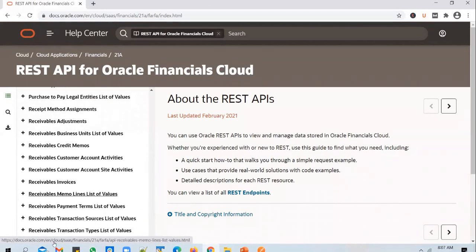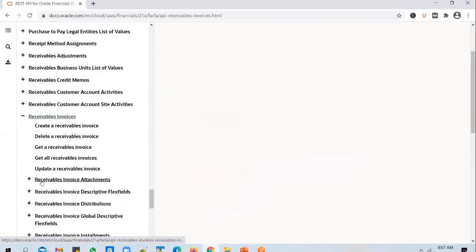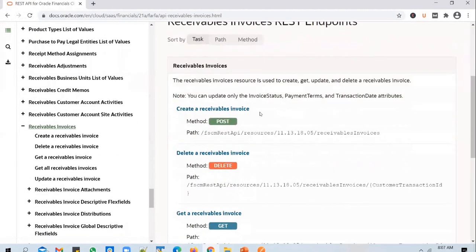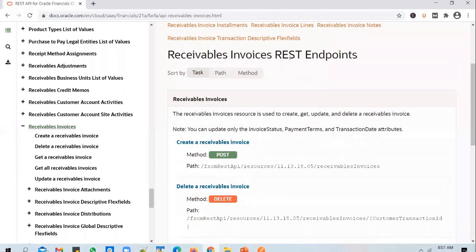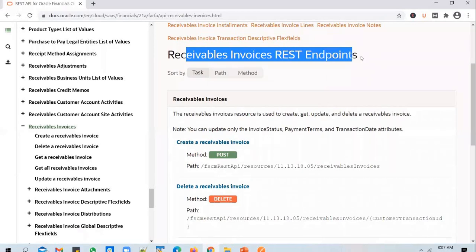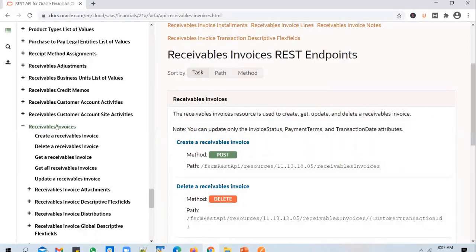When you go into any of these REST APIs and click on it, you see that in the REST terminology, everything is called a resource. So this receivables invoice is a resource.